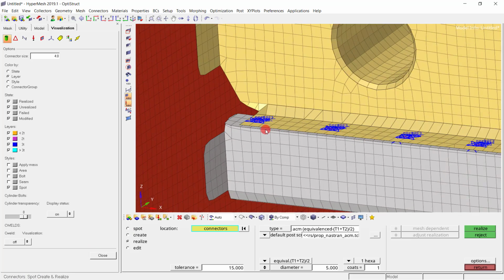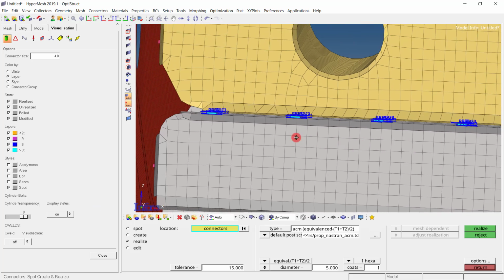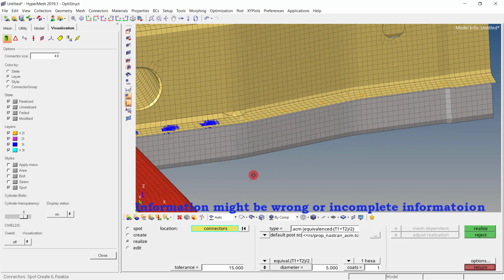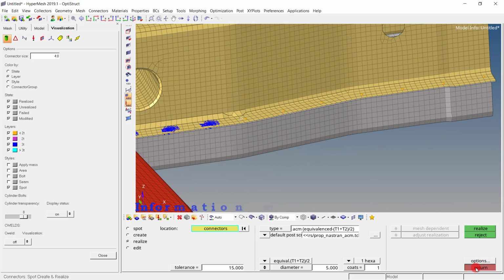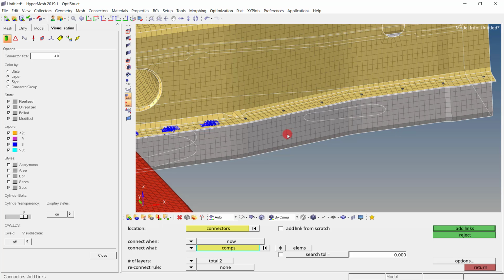You can find in the status bar that 4 connectors have been realized and 7 have failed. That means at least for these 4 components, the connector information was right. But for this connector, the information was not right. So in the beginning itself, to avoid this confusion, we can directly go for add links. Simply select this component connector. Then here we will have the connect what. So I want to connect this component and this component.